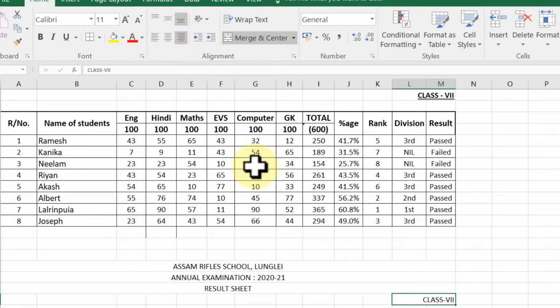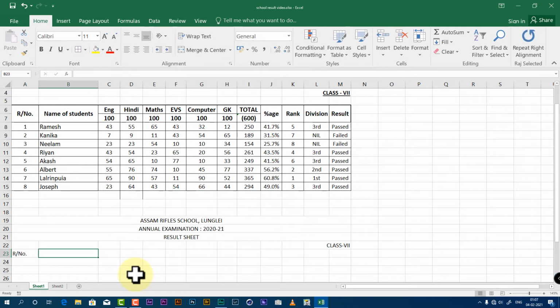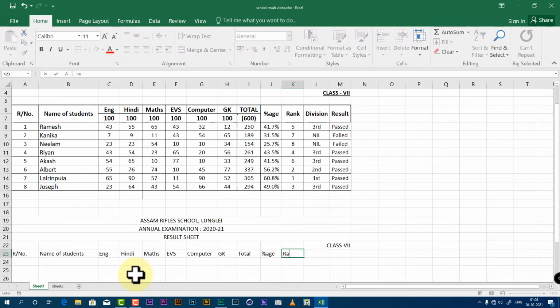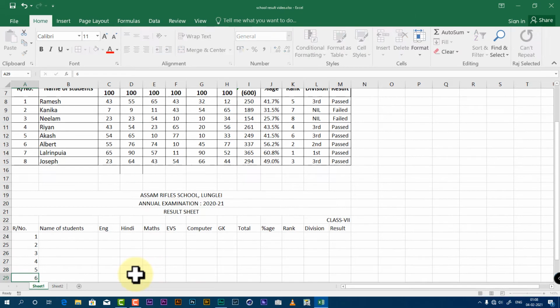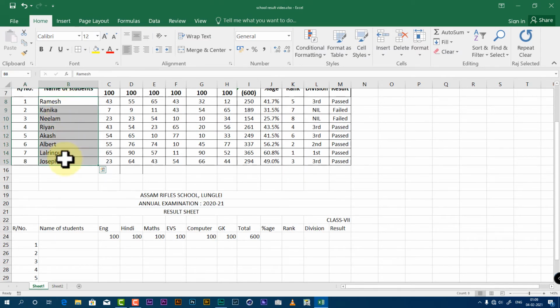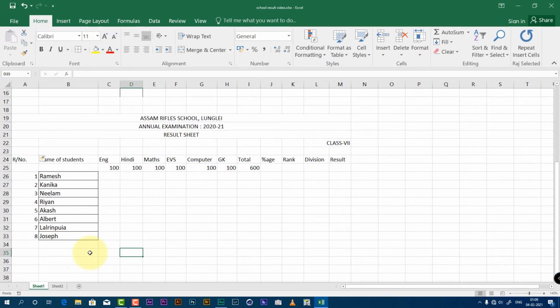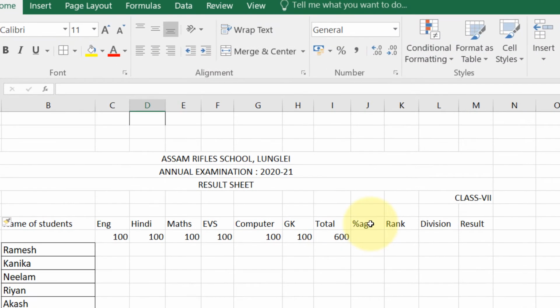Okay. Now type everything one by one. Here it is not looking nice. So select both the cells and press Merge and Center.